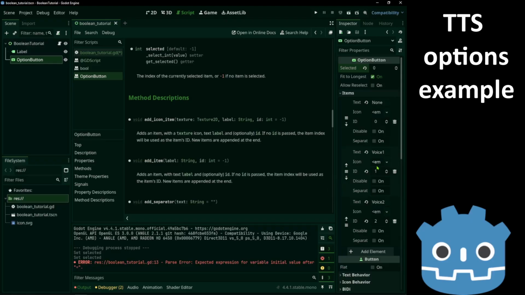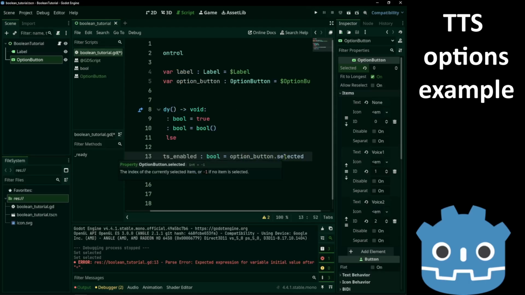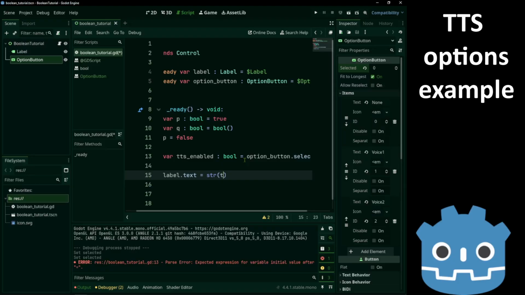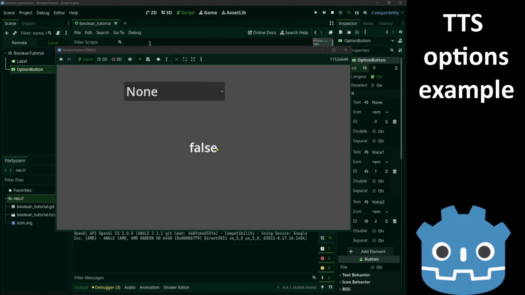If we don't change the IDs, they'll be equal to their index: 0, 1, 2. So we can just use selected. If we have none, selected will be 0 and we get false. There we go.